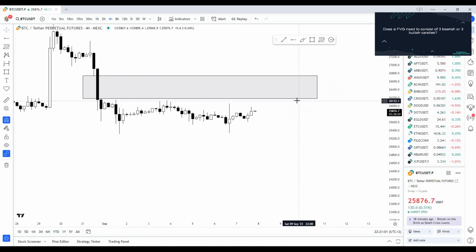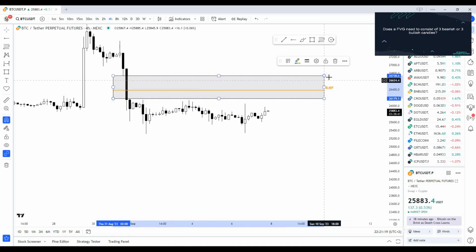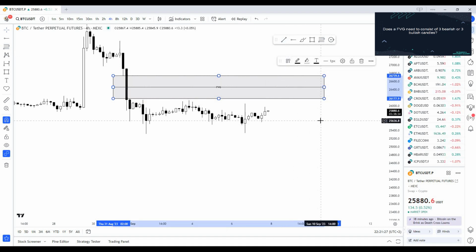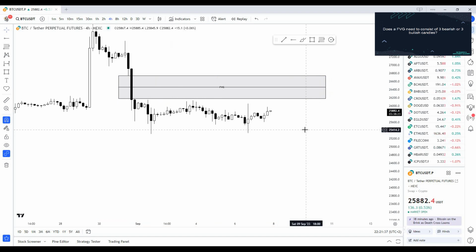And what is a fair value gap used for? Like I said, most of the times you'll see price eventually get back into the fair value gap to fill it, or at least to get to the 0.5 of the FVG. You can use the fair value gap in trading in your strategy as confluence, but never trade it alone,